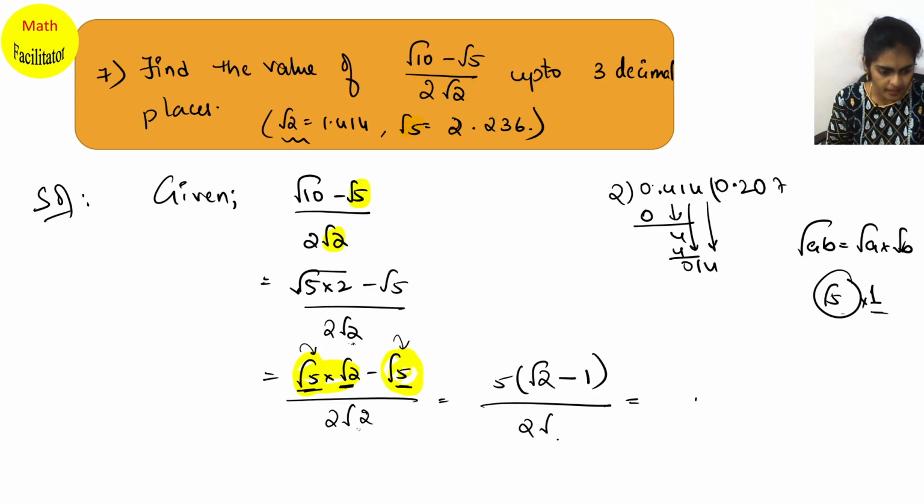Yes, please see here, beta. So I have root 2 here. I wrote it as root 5, I'm so sorry. So this is root 5 into root 2, isn't it? And here we are not taking comments, so I'll erase this also.